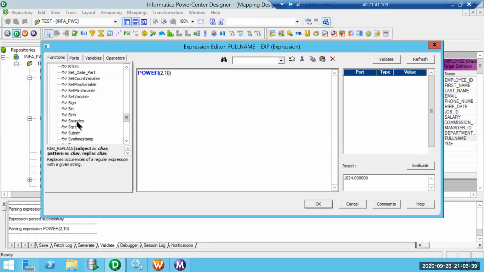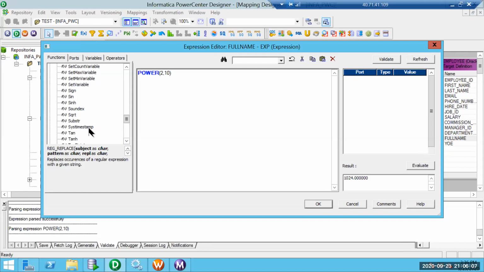Soundex is the soundex function. These are used when there are certain cases where we can't do exact comparison. The best example is if my characters are not exactly matching, but the sound is matching. When we want those sorts of validations, we can go for soundex.